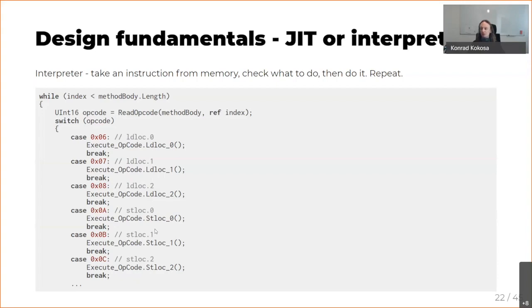Something that was described 2 days ago when there was a talk about the Game Boy emulator. We just read memory from some place and then interpret, okay, this is this particular instruction, so let's execute this particular method that will handle it. So this is a pretty easy concept. We just interpret byte by byte, opcode by opcode, the whole program, which sounds like a slow thing, and it is in the end a slow thing. It is just a huge switch inside the loop.